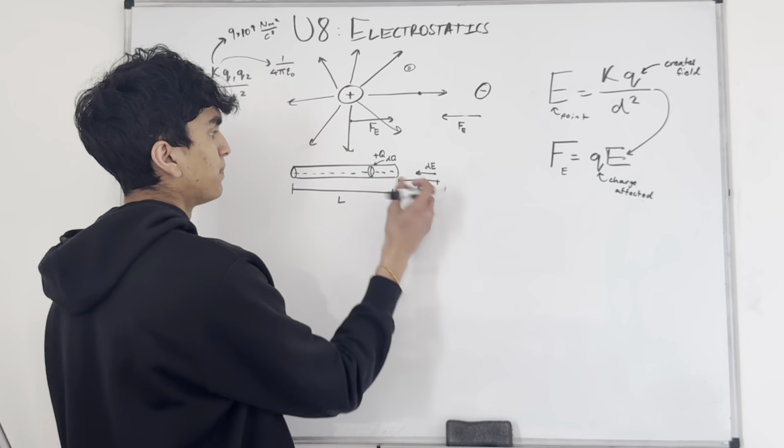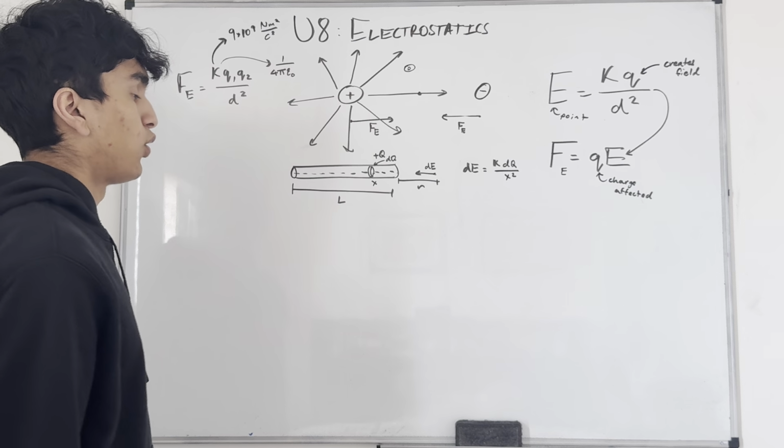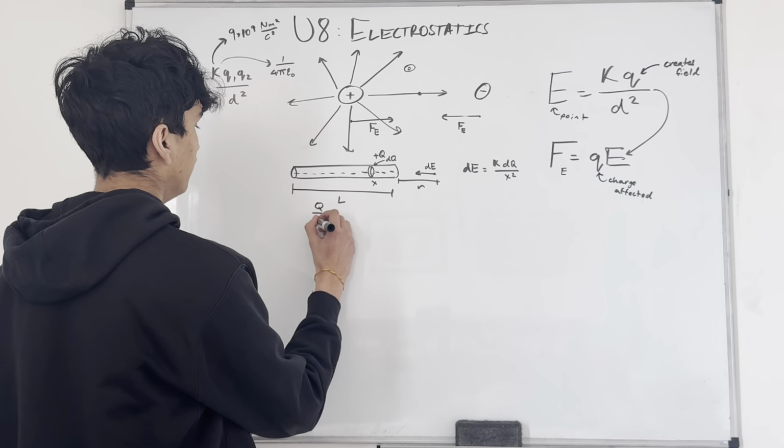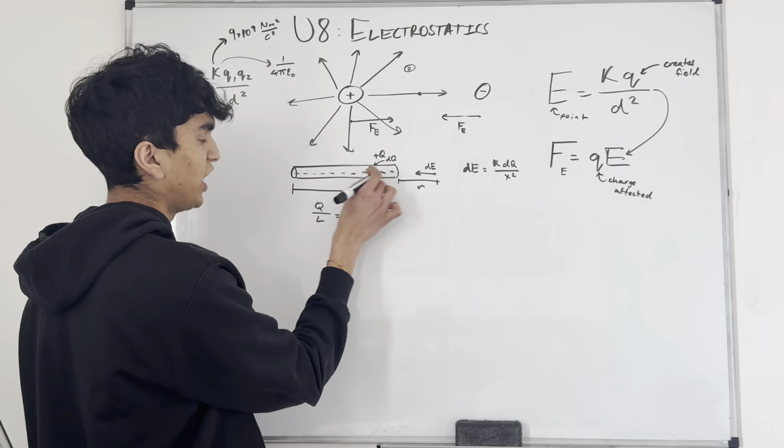The electric field will equal k dq over x squared, right? Now, I know that the total charge is distributed evenly across this length. So I know the charge per length is a constant at every single point. So I can say Q over L, that total charge to length ratio, will equal dq over dx, right? Over that little change in x